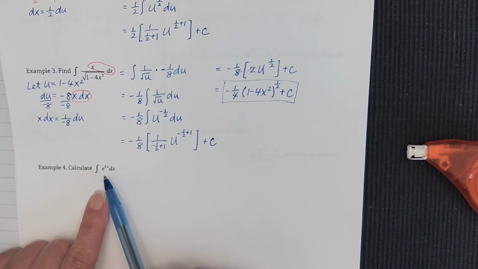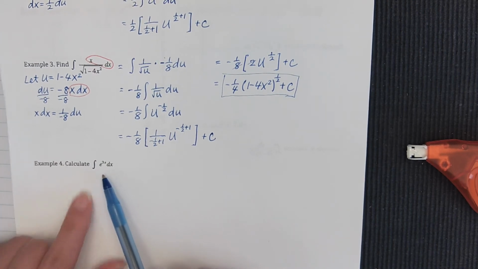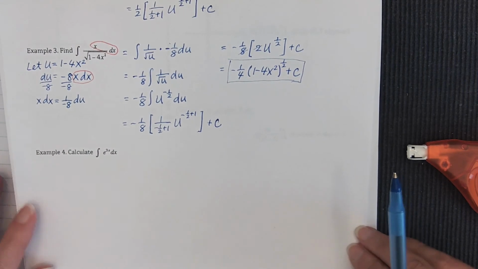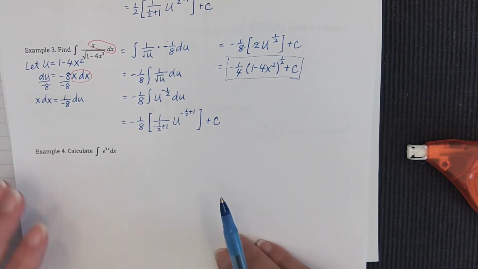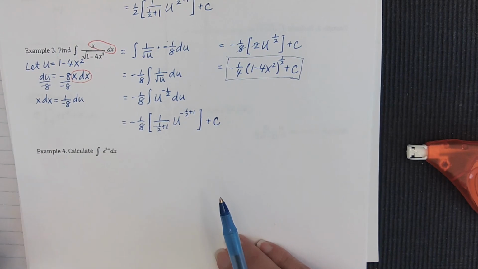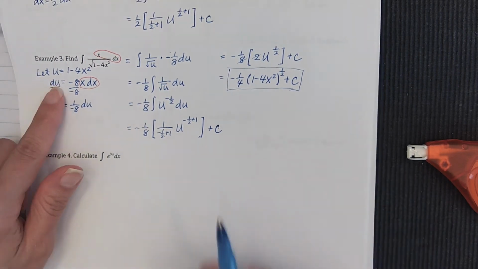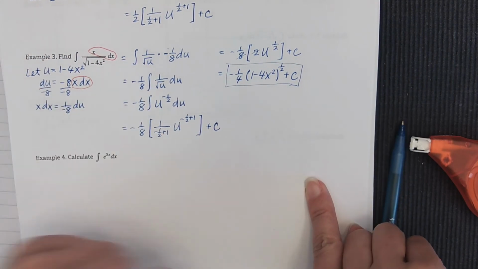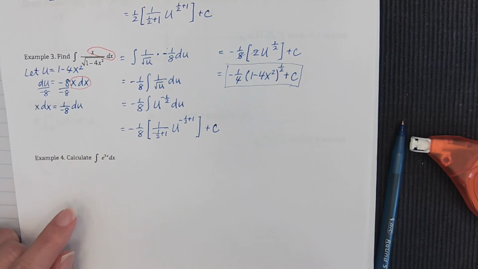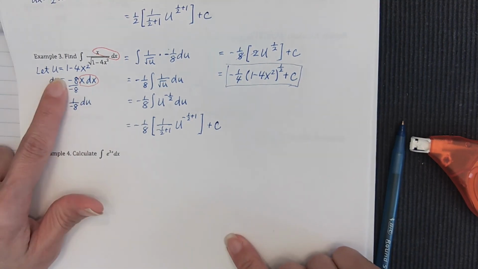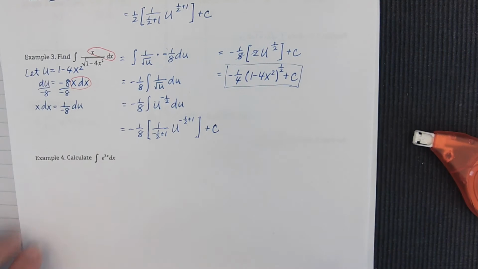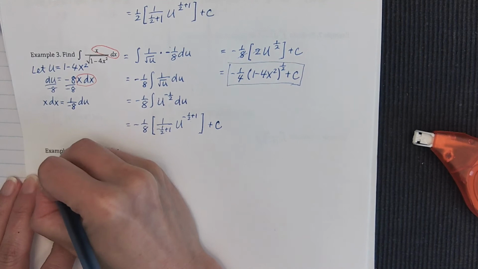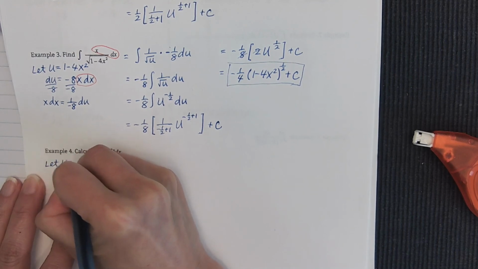Okay, so let's do that one. What's my u sub in this case? Where's the u happening? I'm going to show you two ways to do this one, because once you get used to it, you can avoid the u sub. The u sub is not too bad, it's just a longer step. But if you get used to it, there's a little shortcut way. But for the first one, let's use the u sub. So what's the u sub in this case? Let u equal